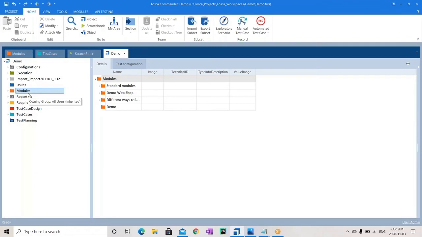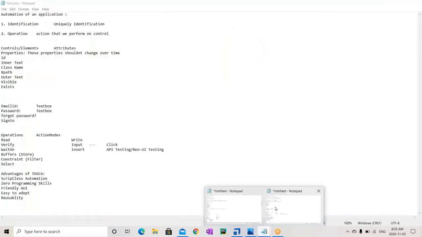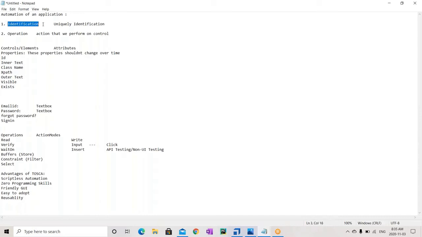It is the identification phase of whatever we discussed here, identifying the elements uniquely by using their properties. This complete phase we call the modules section. And the elements we are scanning, we call them attributes. This will be done in the modules section of Tosca.